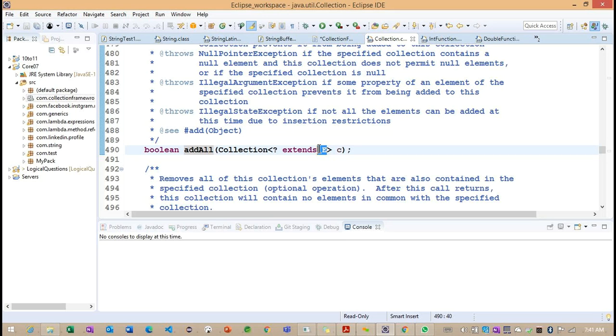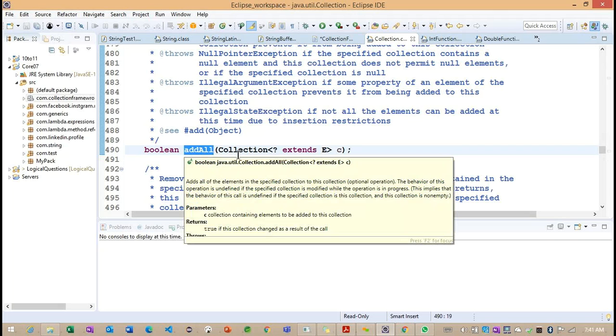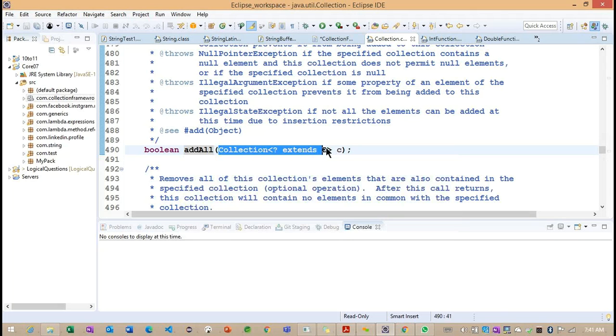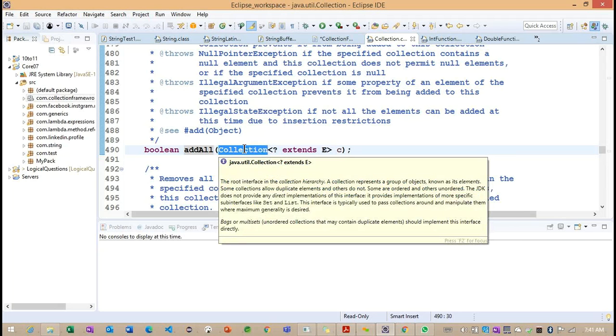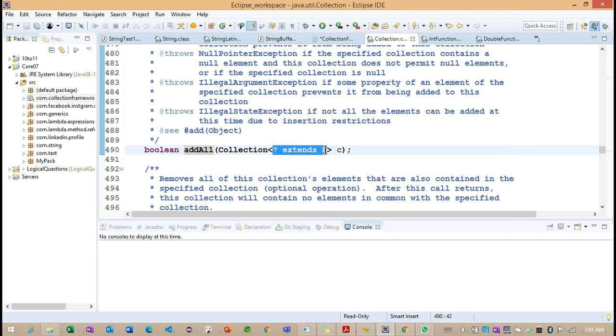So whatever element we pass while creating our collection objects here, getting the point? While creating this collection object, we provide the appropriate element. So whenever we call this addAll method, we need to understand this condition. Here they are providing the Collection interface, they are providing the type, and along with the type we have some condition.